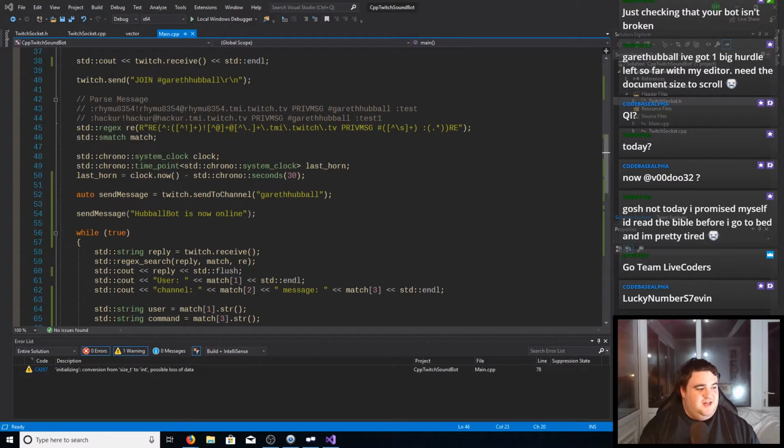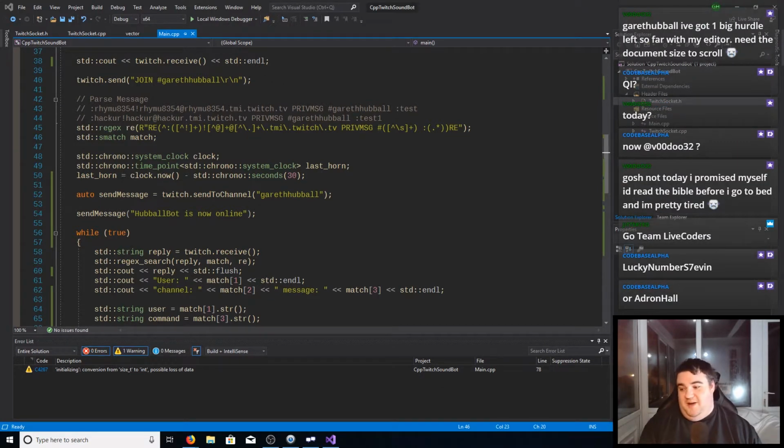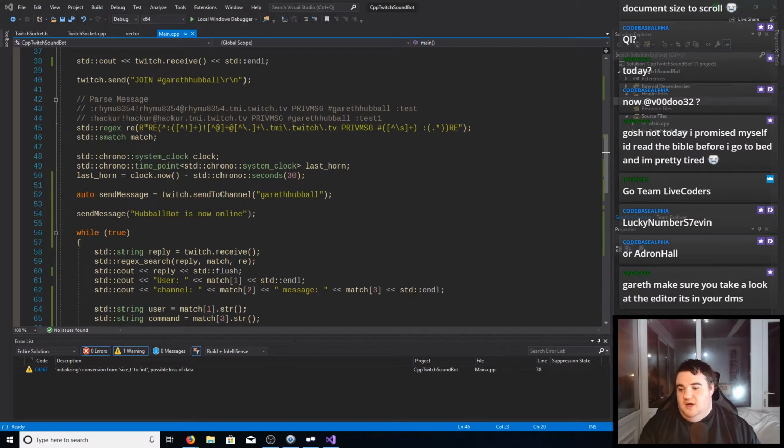What's Lucky streaming tonight? Vue.js, Twitch extensions. So Lucky is streaming the other sort of thing that I've said I will never do, so it'll end up happening at some point soon. Yeah, Adron Hall, it looks like I can't see anything that they're doing at the moment. I will definitely have a look at that, Voodoo32. Yeah, it's not live. We've just missed the back end of that stream. So Lucky is definitely live. So if I throw a raid in that direction,